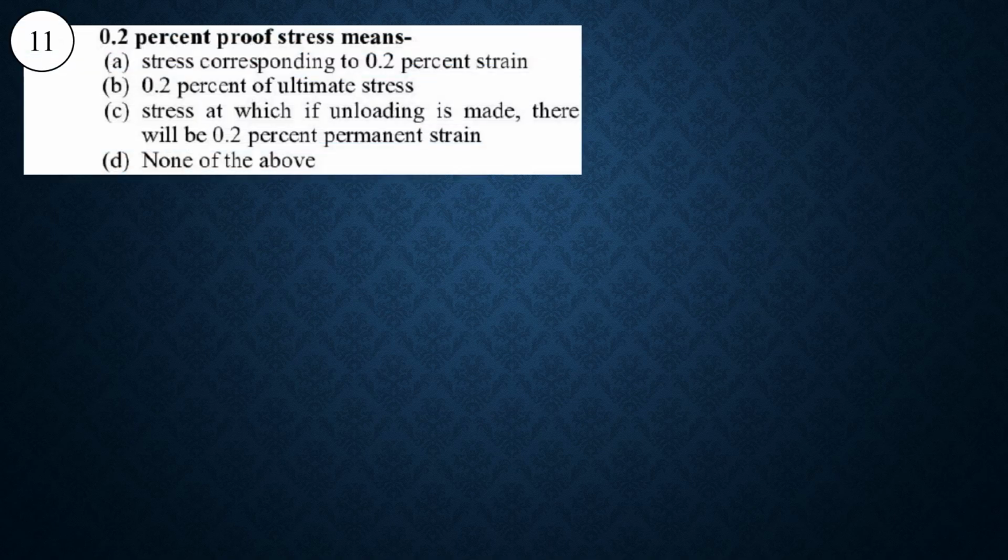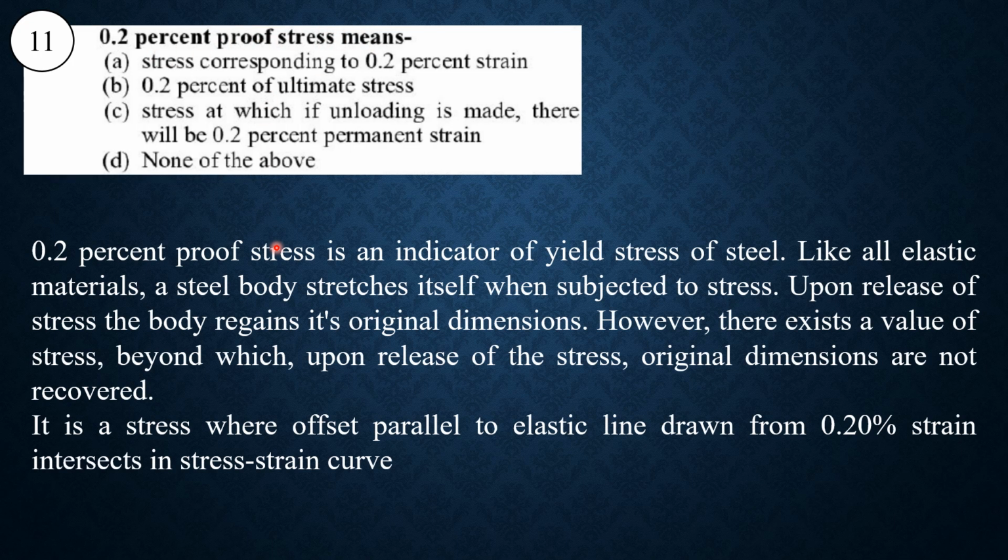Then question number 11, 0.2% proof stress means. 0.2% proof stress means. So 0.2% proof stress is an indicator of yield stress. If we apply some kind of loading on any steel body, then it changes its shape due to application of loading, and if we release that stress from the body, it regains its original position, but there is some value which is beyond that stress, and upon release of that stress, original